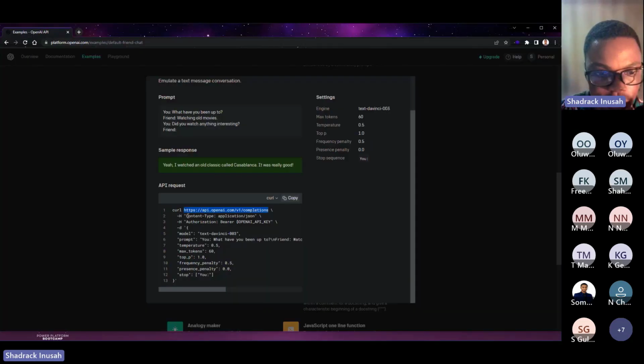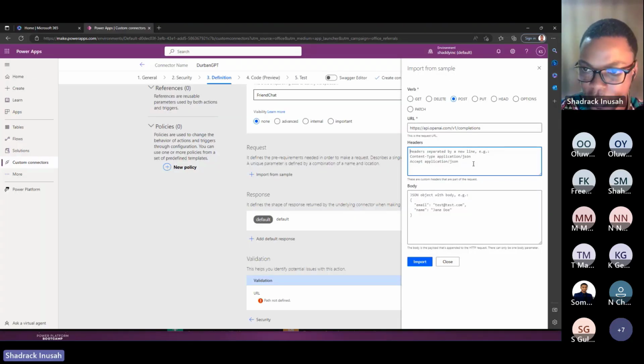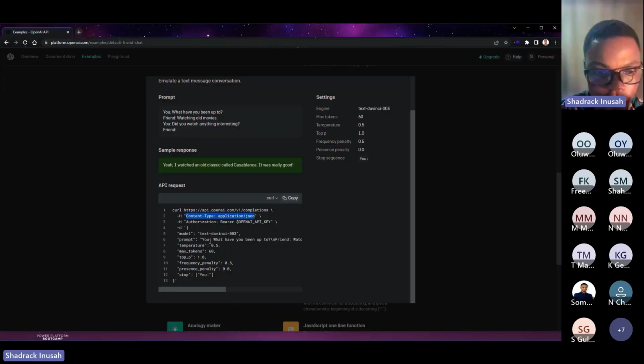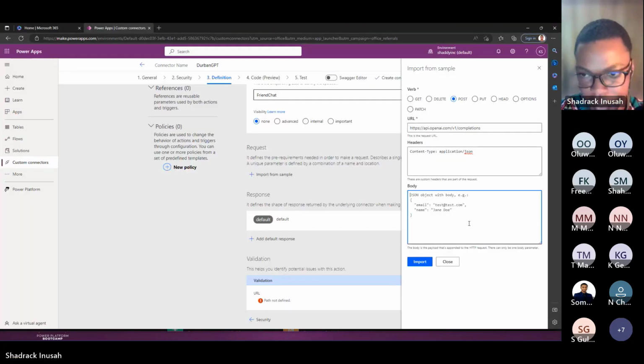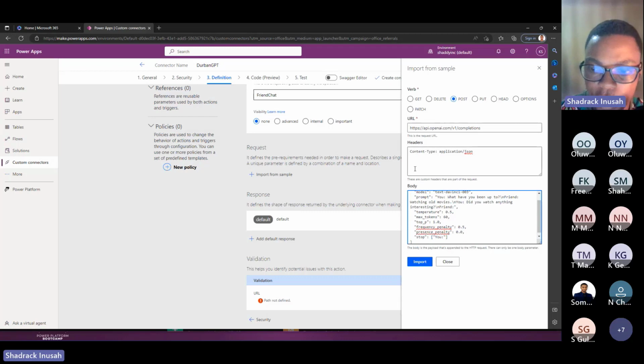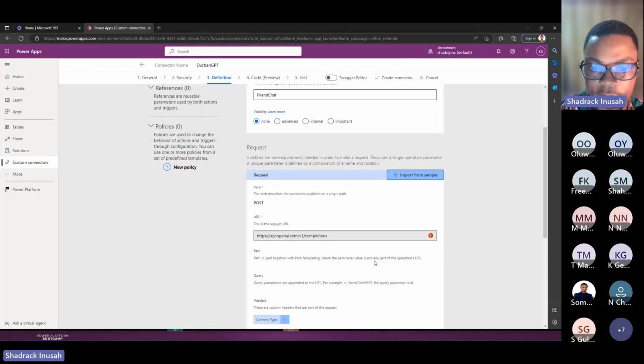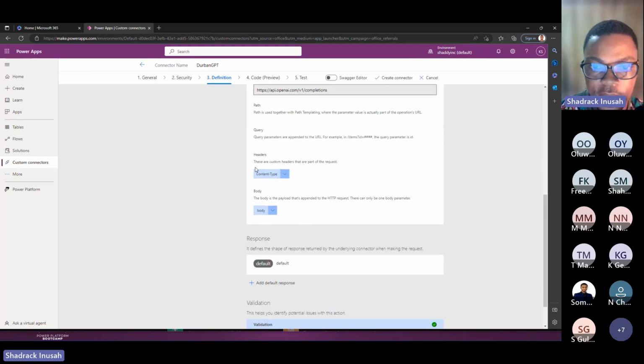Headers. This is your header, right? So we come in here, copy this, and paste it, right? The body. This is the body. The body starts from here to here. We copy this. Awesome. Now, when all this is done, we just import it so that we get the fields. So you import it, and now you get the header field and then the body. So we click on this.